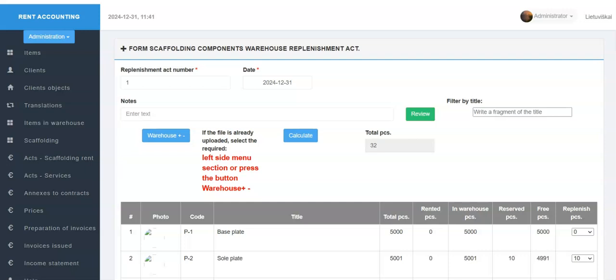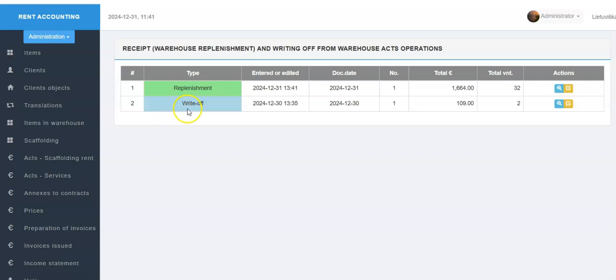By opening the list of write-off and replenishments via the Warehouse ± button, we will see that this list already contains the main data of just formed replenishment.